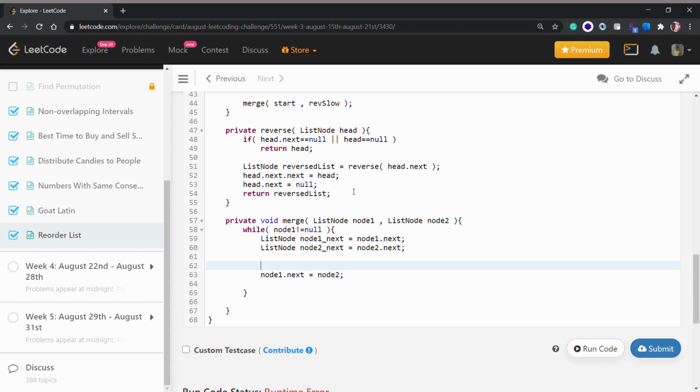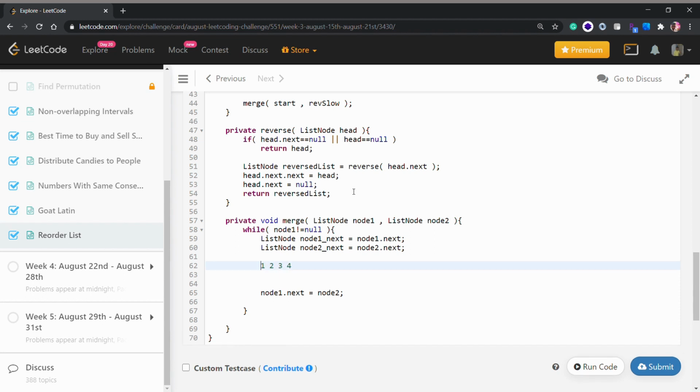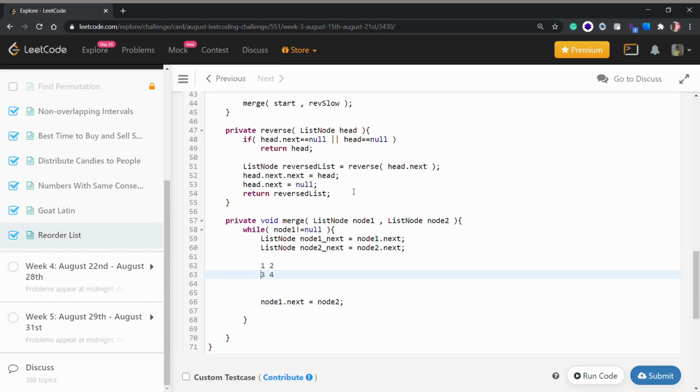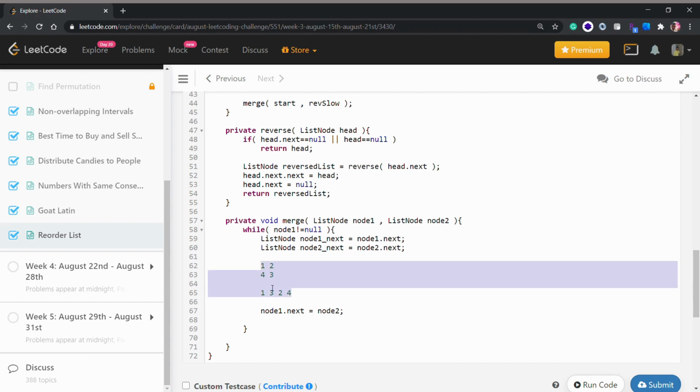Let's just say our initial linked list was 1 2 3 4, sorry for that. We have just now divided it into two parts, 1 2 and the reversed 4 3. This is our new couple of linked lists. And now we are adding 1 and 3 in our linked list, 1 merging 3, and then 2 will come, and then 4 will come. So we will do that.